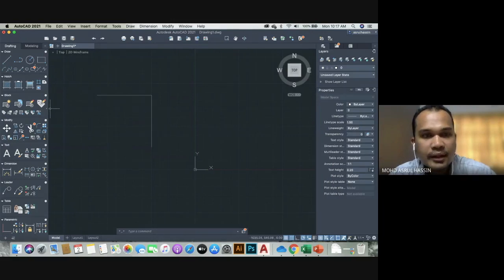Okay, you can click Move here. Okay, and then you select the line. Okay, and then you press Enter. After you press Enter, you must specify the base point. Okay, you must read this